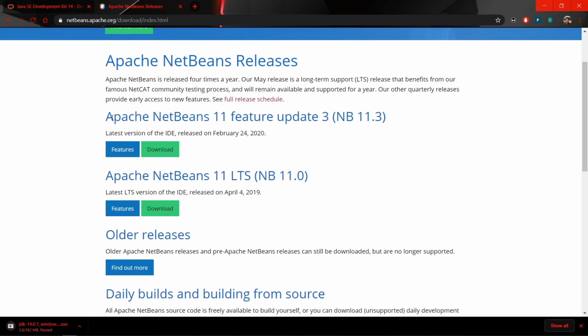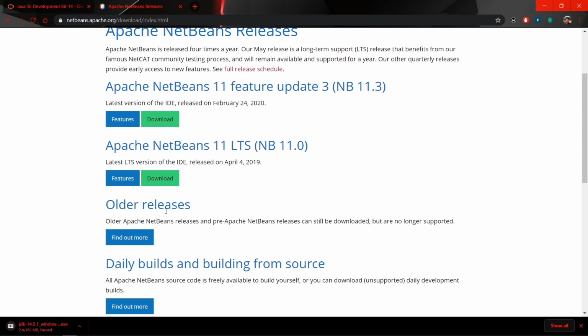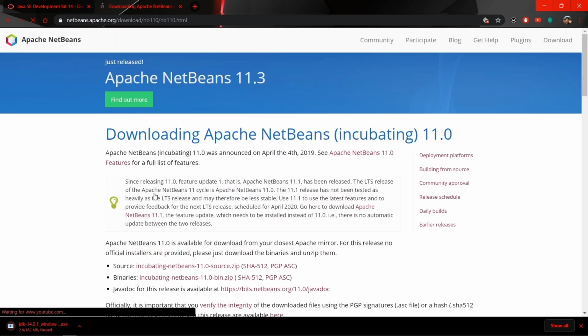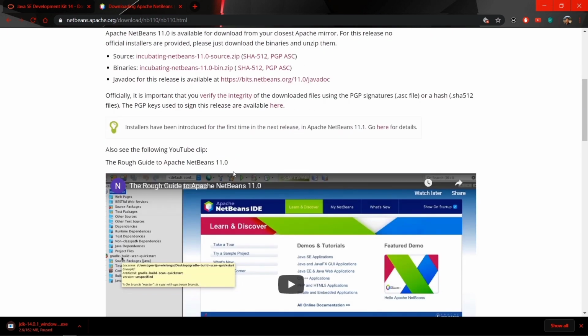netbeans.apache.org/downloads. Now on this apache.org page you can see there are two versions of NetBeans available at the time of making this video. One is the Apache NetBeans release, and the second one is Apache NetBeans 11 LTS. I would also recommend you to download this LTS version. It has long-term support. I'm going to click on this download button under LTS, and you will be redirected